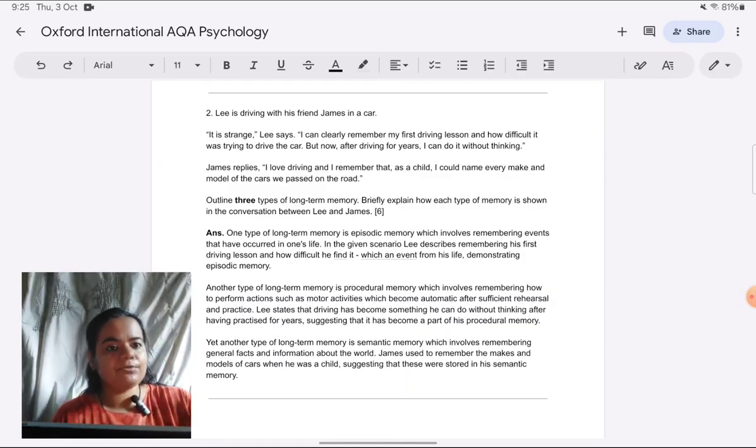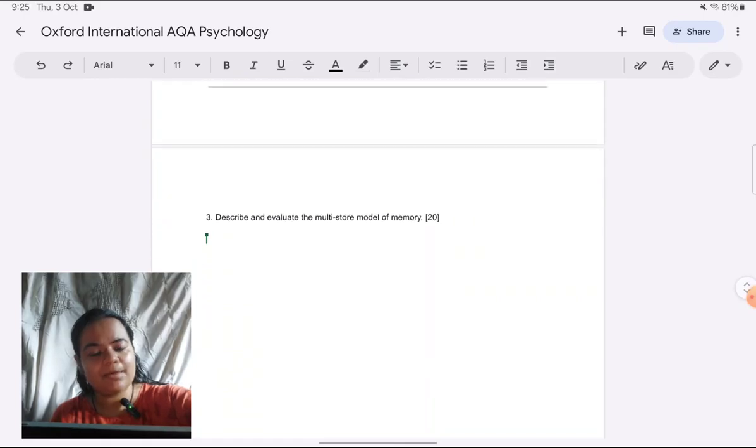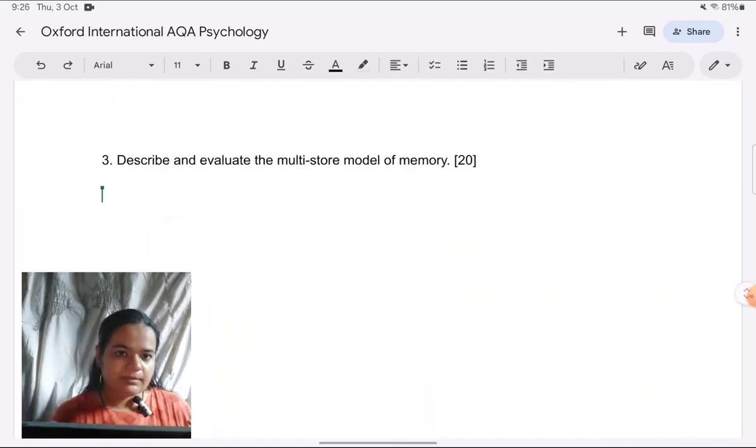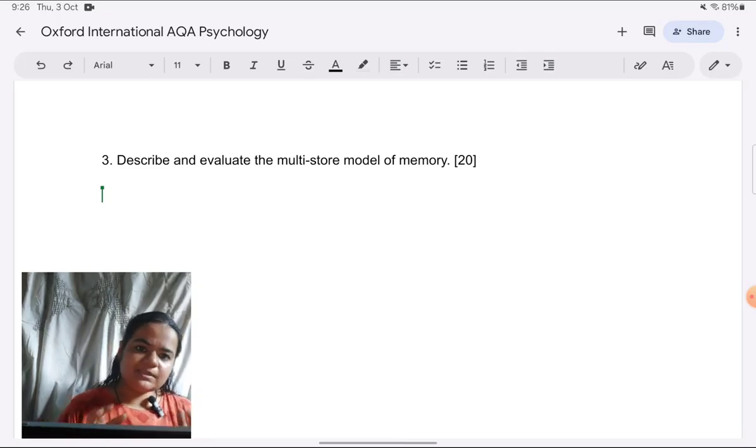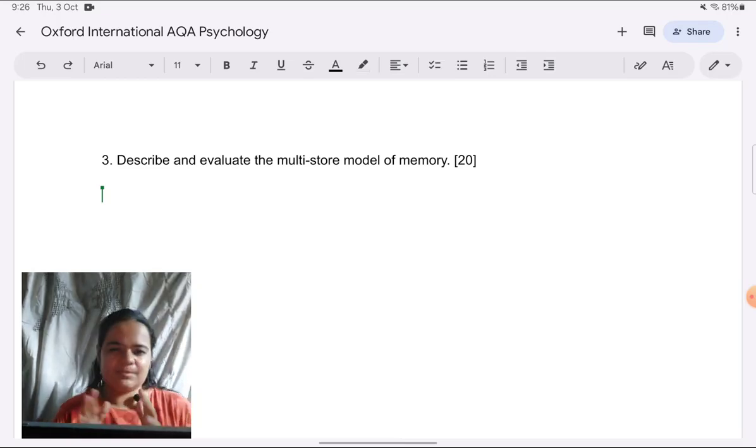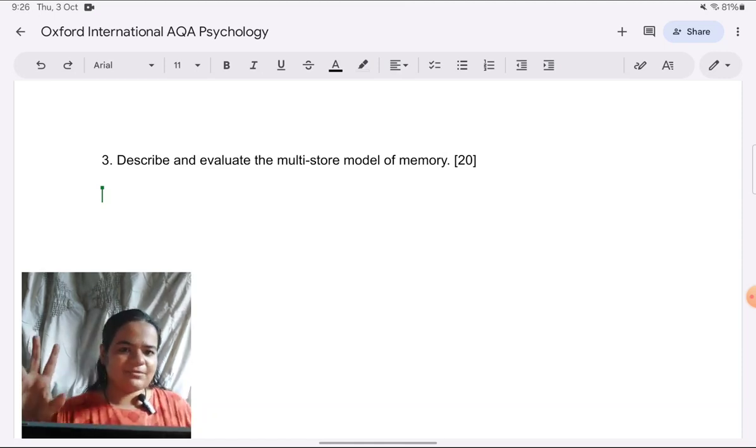So I just want to tell you right now what I'm writing for the 20 marker. It's an outline. It's not the way you have to write, like I'm going to write it in points. That's not the way you have to put it in the paper. You have to put it in proper paragraphs in an essay. I'm just doing this because of a little time crunch which I am having. And from the answers which I've written before this, like the 4 and 6 marker, you must have got an idea of the writing style also.